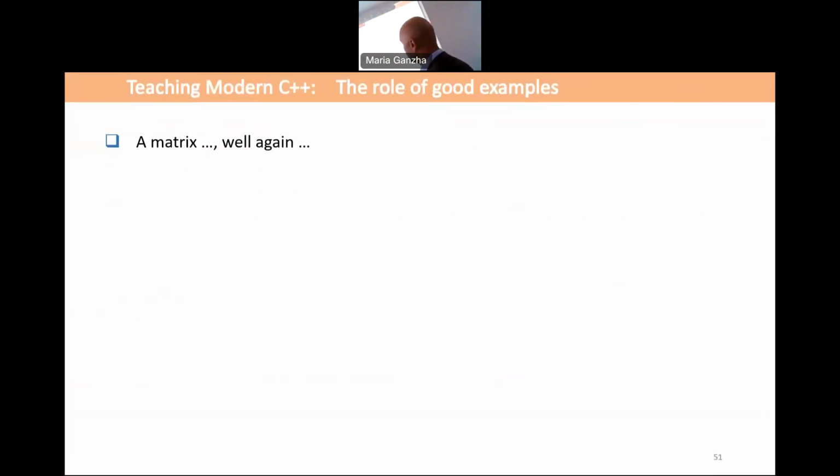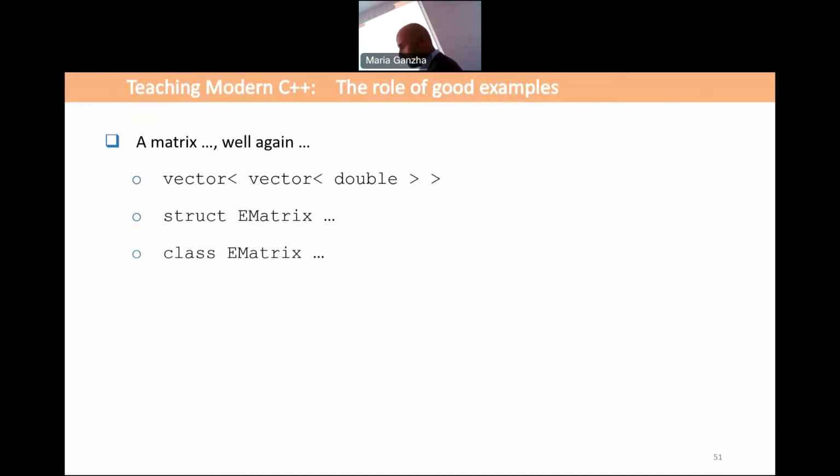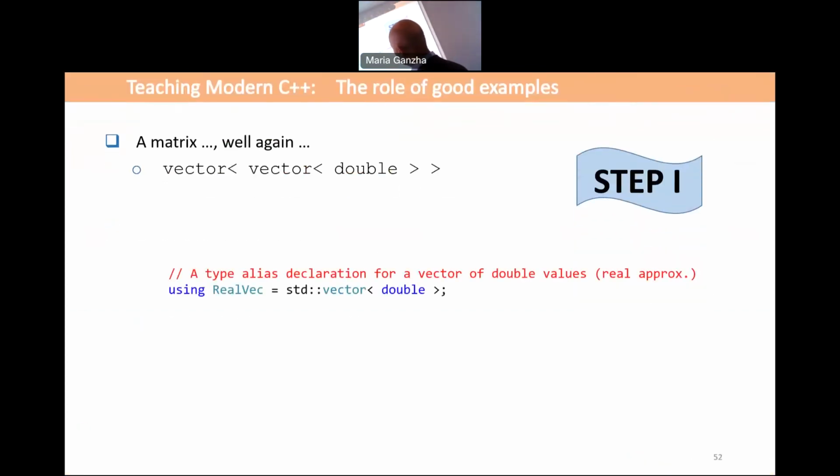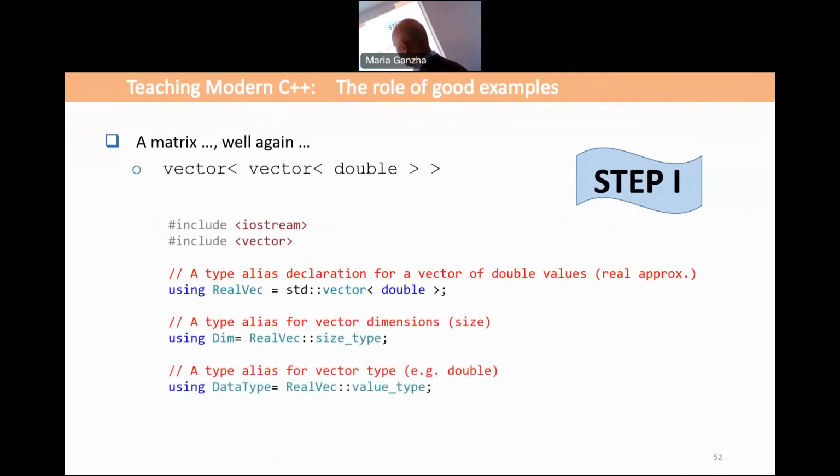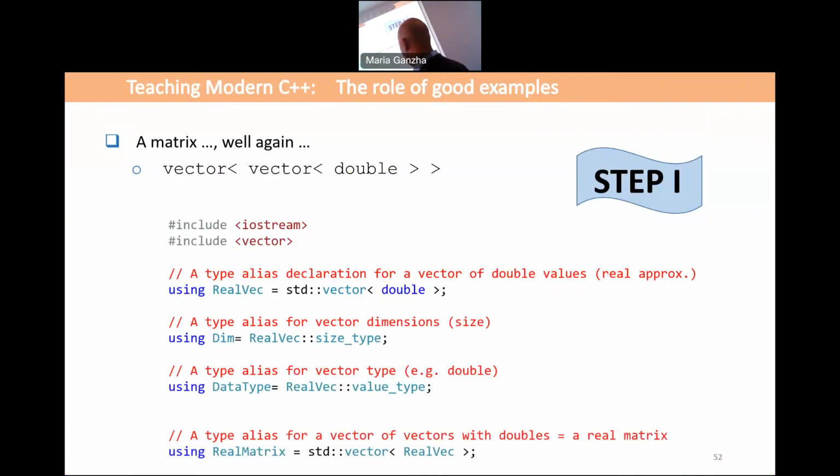For more advanced learners, matrix is a good example. Certainly you can find implementations of a matrix, but a vector of doubles is enough, but explain how to use it. Then we can make a wrapper upon this vector and make a matrix. Then we can make from a matrix a real class, just putting data into private. So if we go like this, well, this is our vector, and this is our data type, and here we have the matrix. So in 4 lines of code, not counting include, we have a matrix.